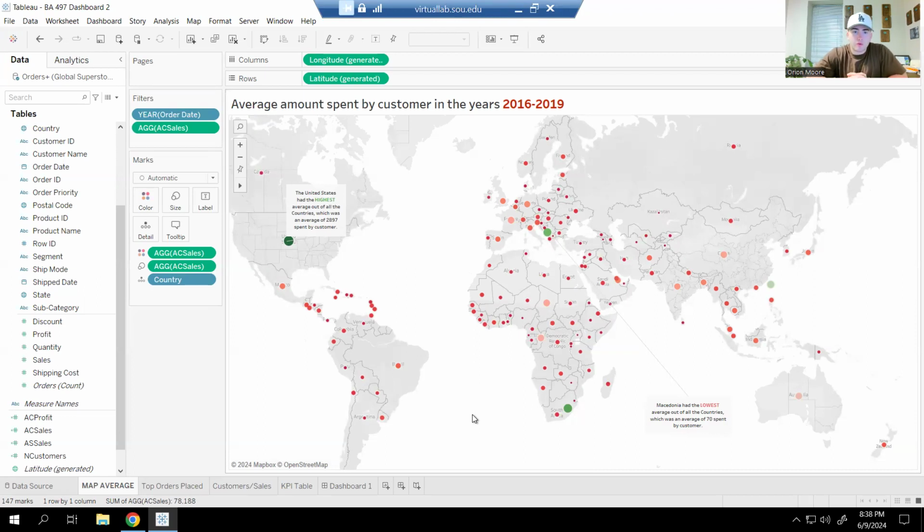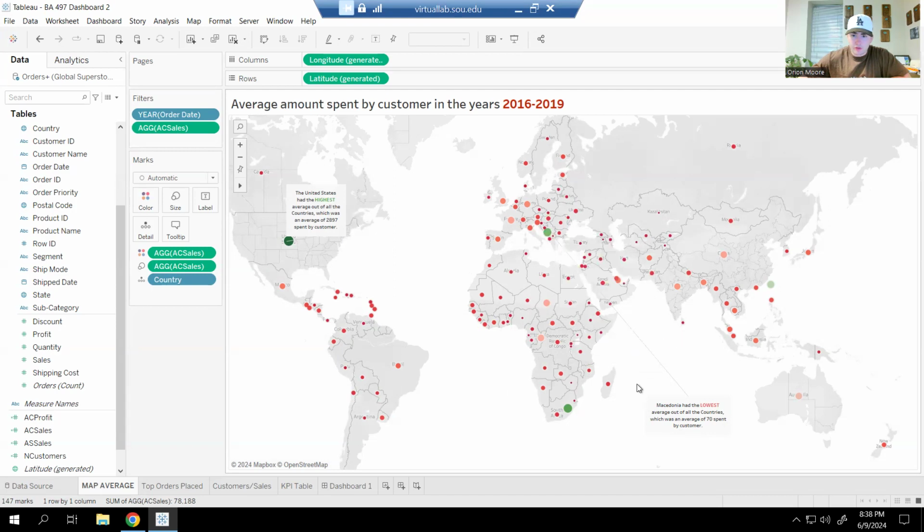Now right here, this is going to be the average amount spent by the customer in years 2016 to 2019. Now, I know I made the text a little bit small right here. It's going to make a lot more sense when you look at my dashboard. It's a lot easier to navigate in my dashboard because I made it this way. But right here shows all the highlighted versions of each country going through